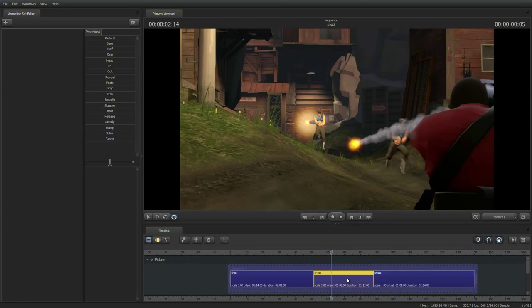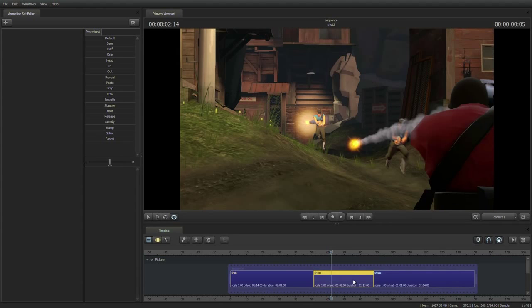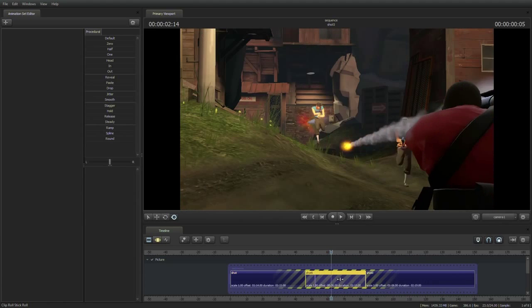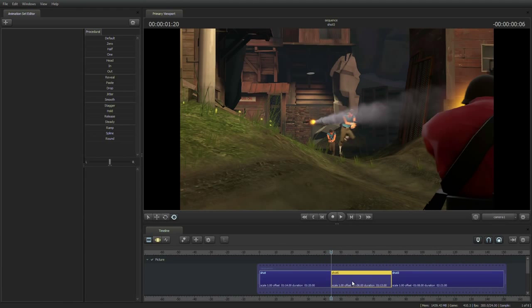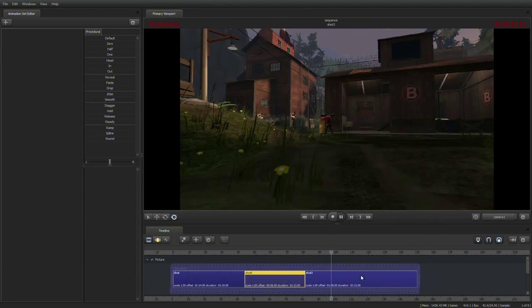If you just left drag on the shot, you can drag the shot to the beginning to reorder it or drag it to the end to reorder it. You can Control C and Control V to copy and paste a couple shots. You can select those new shots and delete them. If you'd like to move the shot earlier in time and have it maintain its duration, you can hold down Alt and Shift and slide it earlier, which will adjust the edit points on the preceding shot and the shot following. It's also useful when you're sketching in a sequence to expand or contract time,